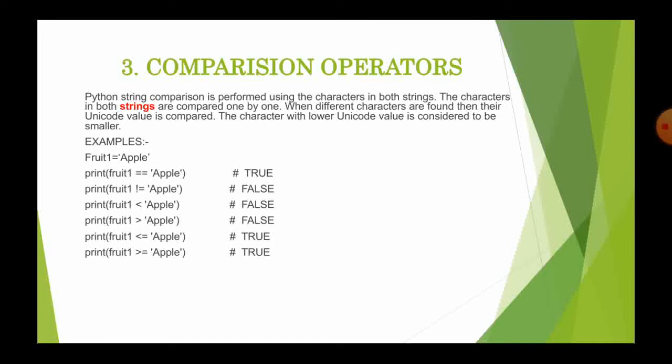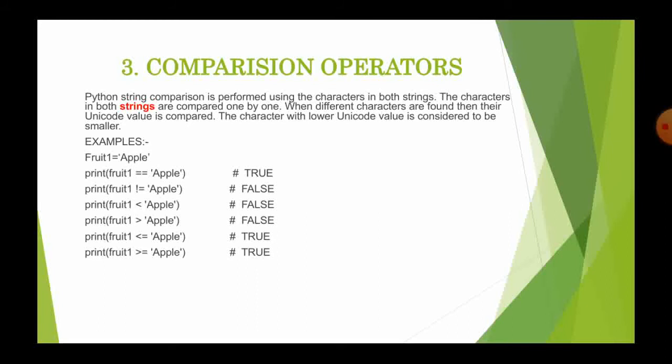You know the value of the decimal number. How will the strings be compared? Based on the Unicode, it will compare the characters one by one. If the condition is less than, it will check whether the condition is true, and it will return the value true. If the condition is false, it will return the value false.